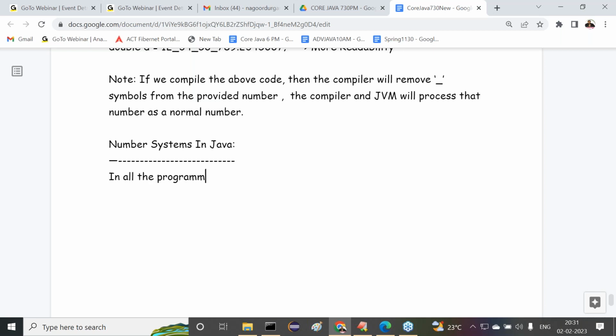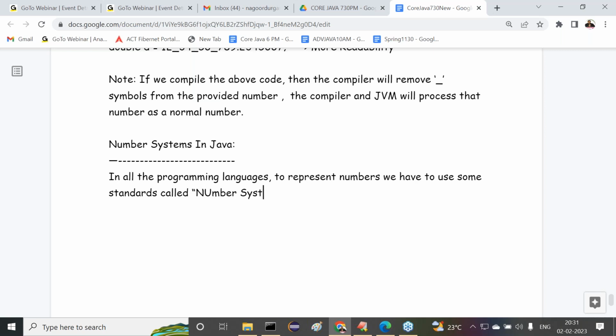In all programming languages, to represent numbers, we have to use some standards called number systems.